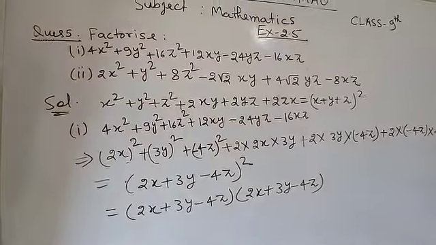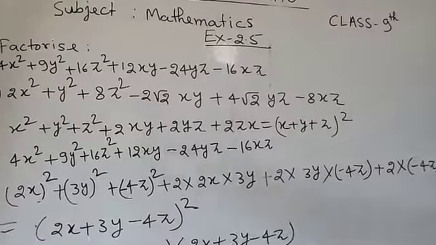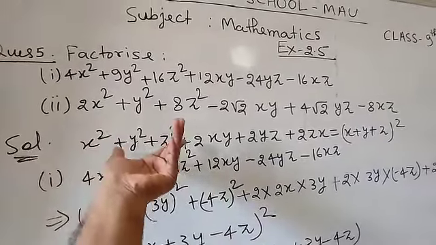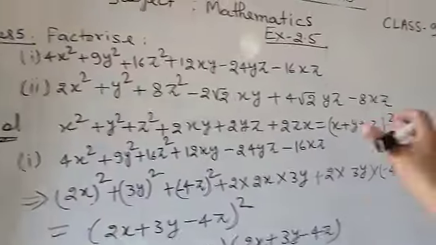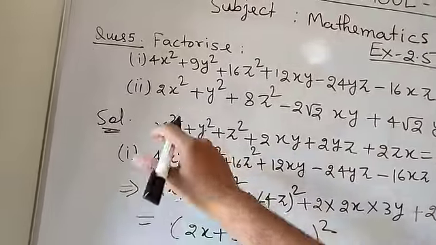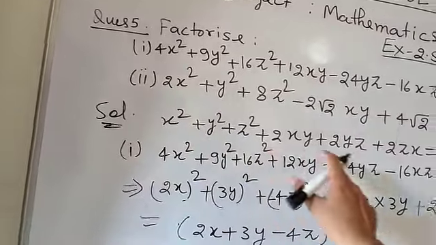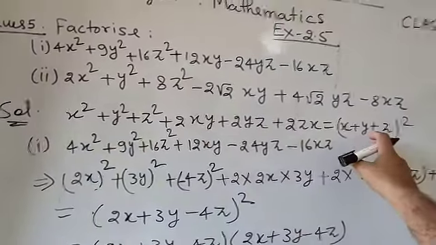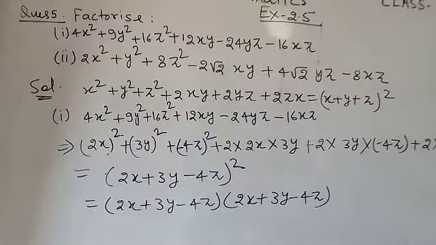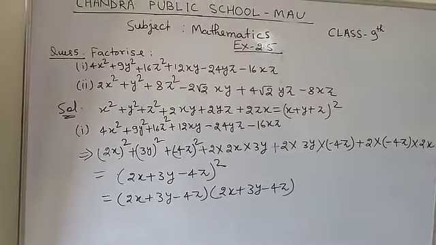So students, here I am going to do the reverse work. Whatever I have done in question number 4, I am going to do the reverse thing. In question number 4, the values were given in this form, so I have written it in this form. Now in question number 5, the values are given in this form, that is the factorized form. So I am going to convert from this form to that factorized form. So that is the complete solution.